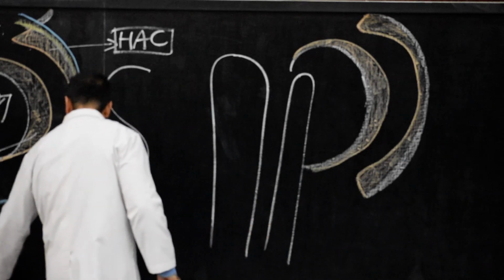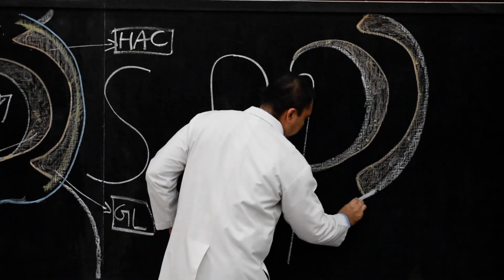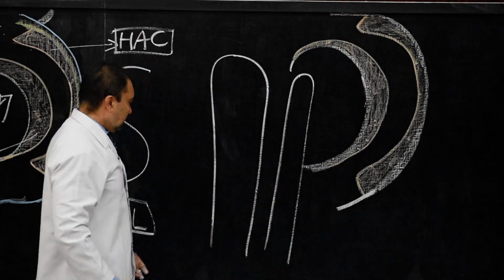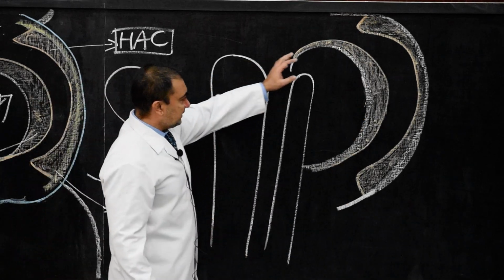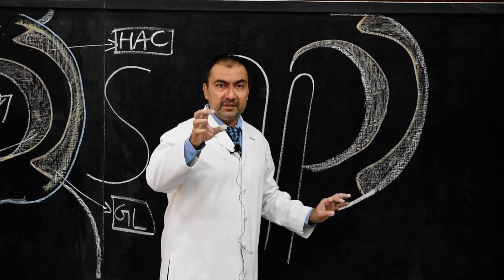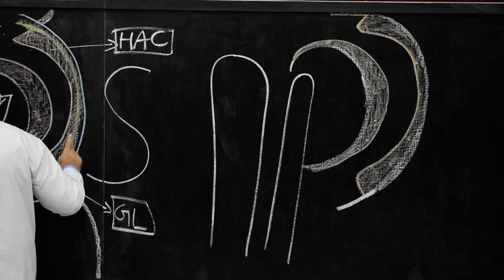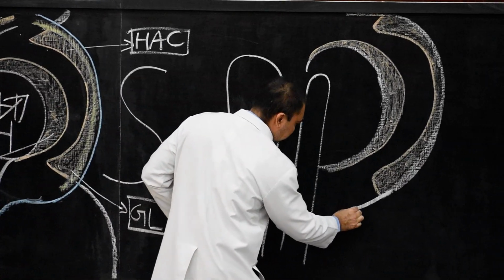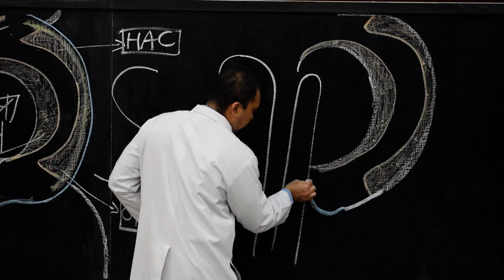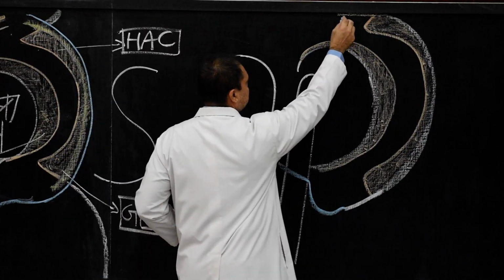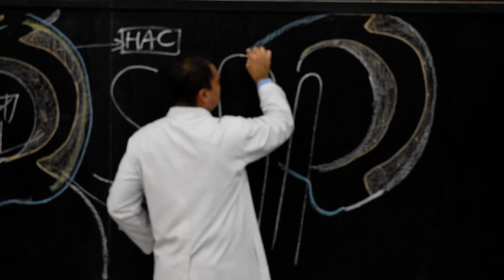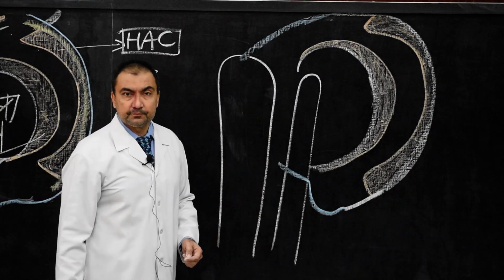Now, here, I just extend this glenoid cavity to show the attachment. After marking this, I will show the fibrous capsule. So the fibrous capsule, which is shown with blue color, here we show the attachment of the fibrous capsule. This is where the fibrous capsule is attached. In this way, over here also you show that this will be the attachment of the fibrous capsule.